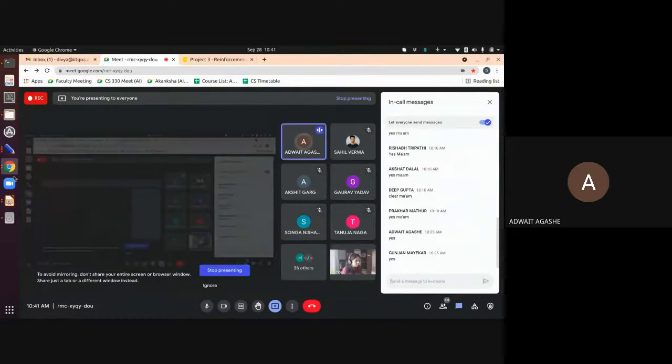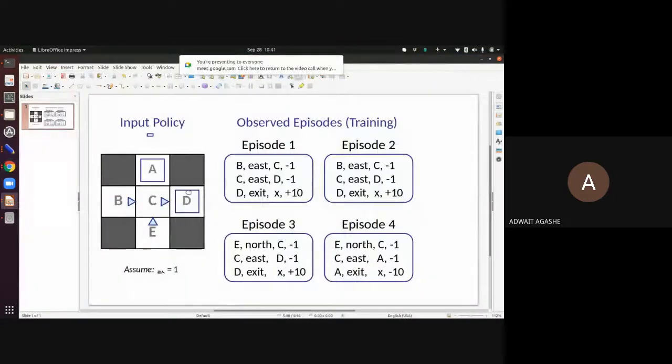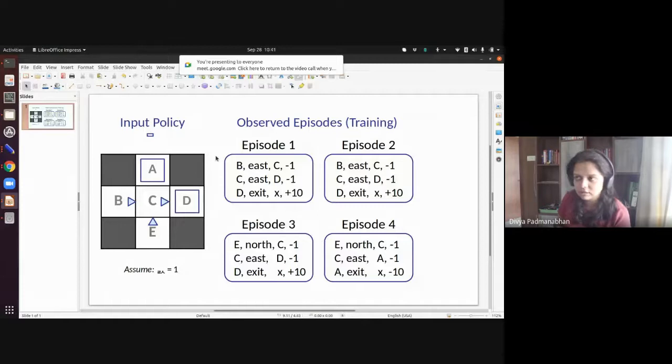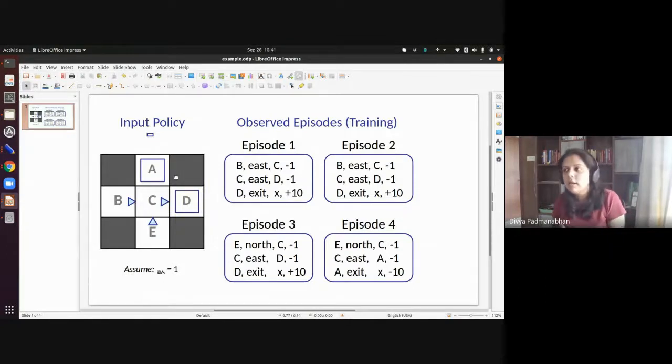Could you guys tell the question again? I did not understand it. No, so I'm just asking. So this is again a toy grid world example, and there are these two states here, A, D. Those are like the terminal states. And you don't know what the reward is going to be. So ignore this part. Forget about this. Just look at this grid. So you have to do something, right? You don't know anything about the rewards. You don't know about where you will land up if you take an action. So what are you going to do?